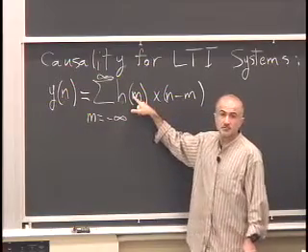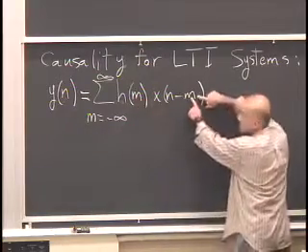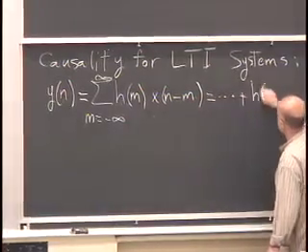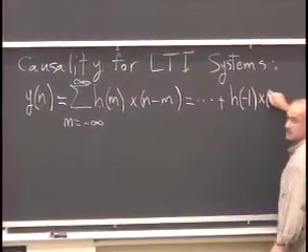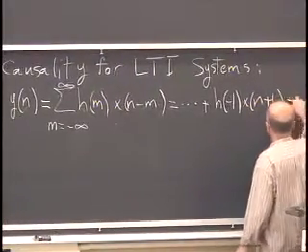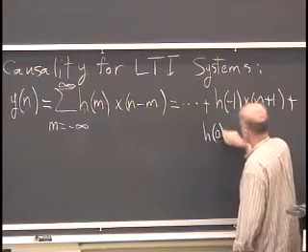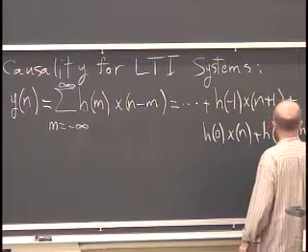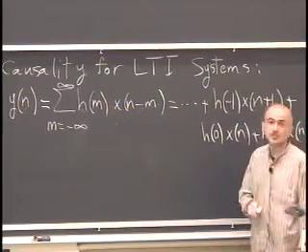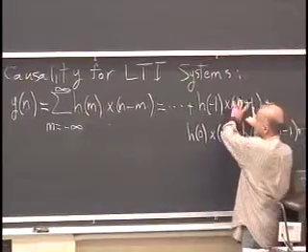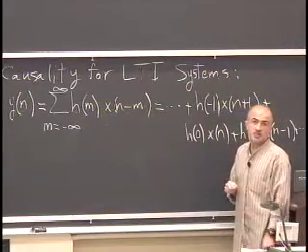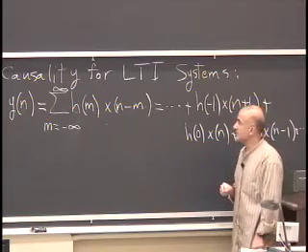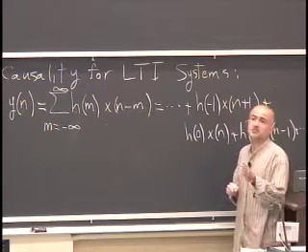M less than 0. Because when m is less than 0, let's say m is minus 1, if I write this out, I have h of minus 1 x of n plus 1, plus h of 0 x of n, plus h of 1 x of n minus 1, plus dot, dot, dot. So it's this one and all the terms prior to it that will pose a problem if I want this system to be causal. So an LTI system that's causal must have an impulse response that is